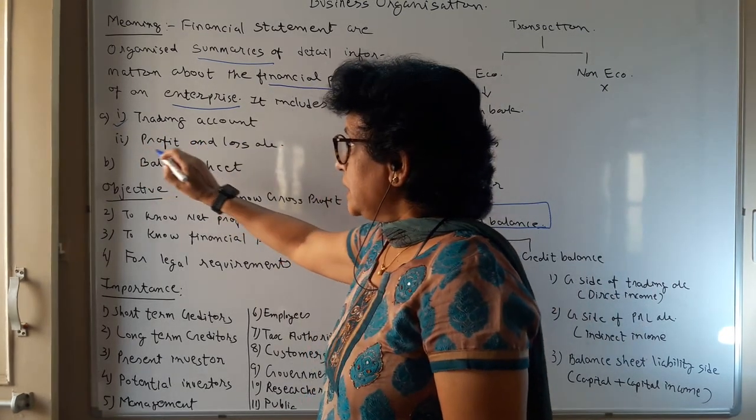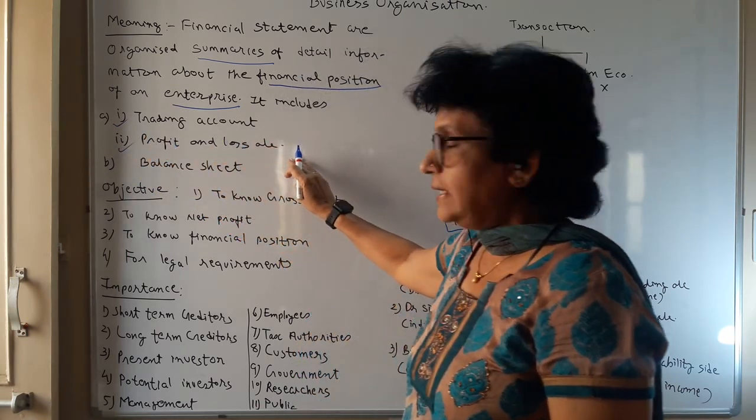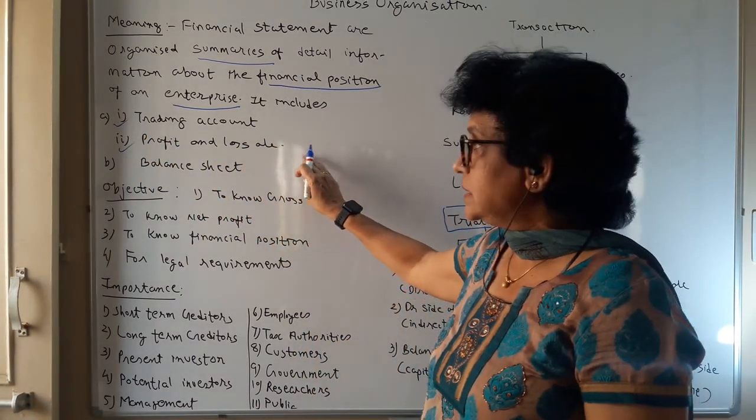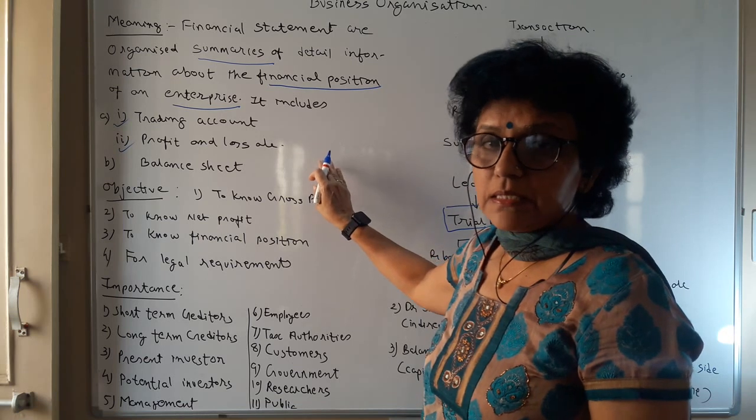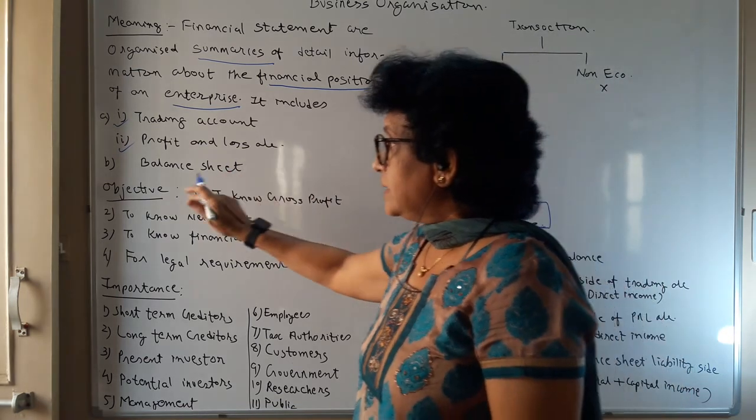Profit and loss account is an account which talks about the indirect expenses and income of the business and what net profit the business has managed to earn. And the balance sheet